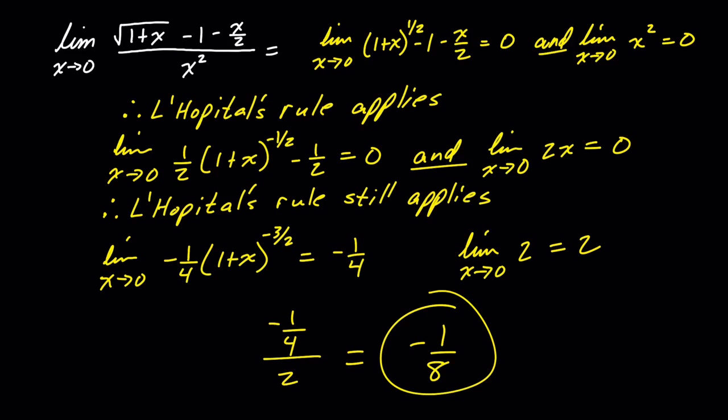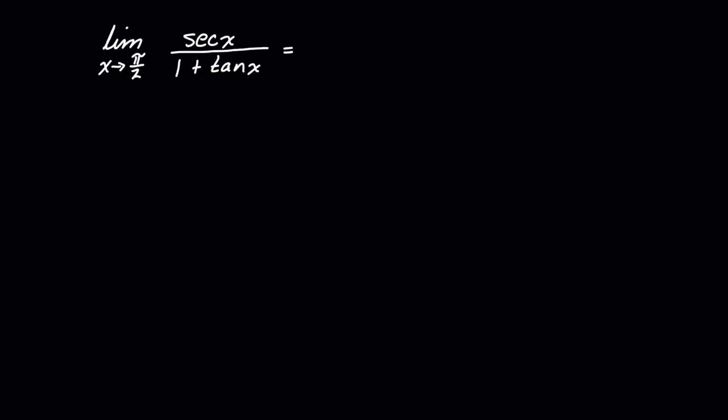Now, L'Hopital's rule will continue to apply as long as you end up with a 0 over 0 or infinity over infinity. All right, so both of the examples that we have done so far have been a situation where you had 0 over 0. All right, so let's take a look at the next problem here, where the limit as x approaches pi over 2 of the numerator,